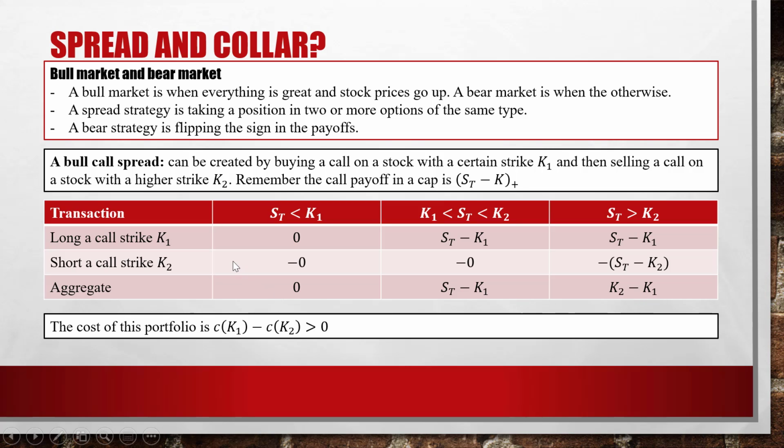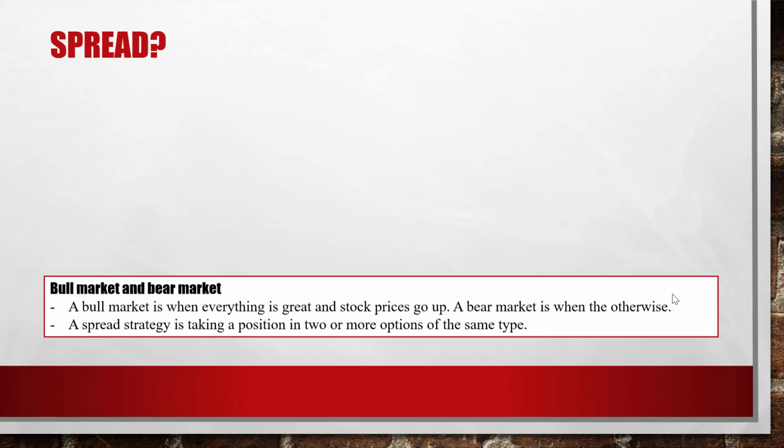So the payoff of a bull call spread in this case should be either 0 or ST minus K1 or K2 minus K1. The cost of this portfolio is the gap between the call option of strike K1 and the call option of strike K2, and it should be positive. Now let's consider